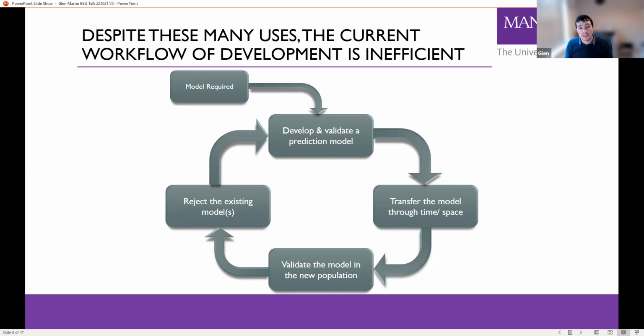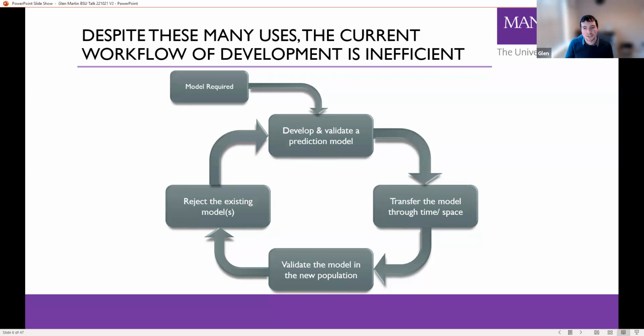And what we commonly see is that the performance of that model drops, either through temporal validation or geographical validation. And then what will commonly happen is people will go, okay, the model doesn't work in my setting, so I'll reject that existing model or collection of existing models, and I'll start from scratch. And so we enter this loop of constantly developing and validating models, every time ignoring all of the existing evidence